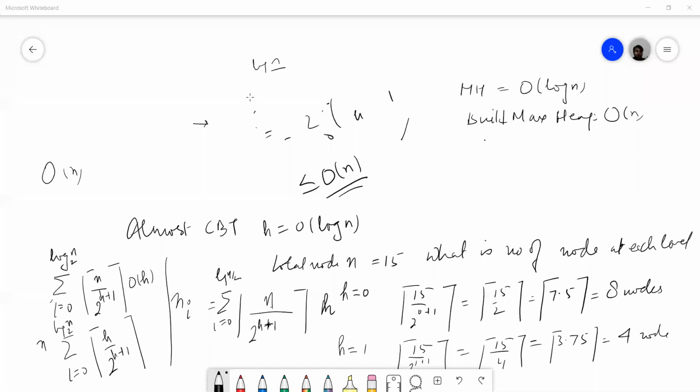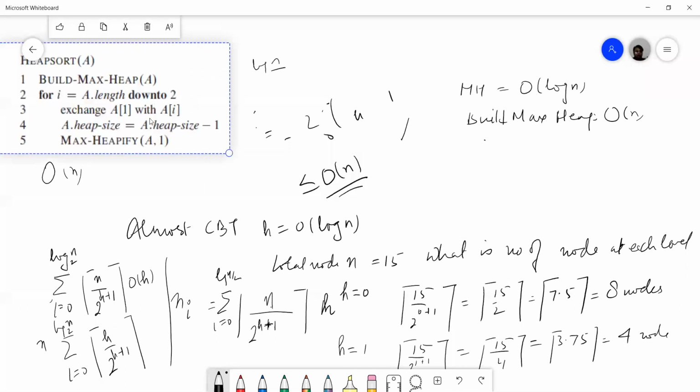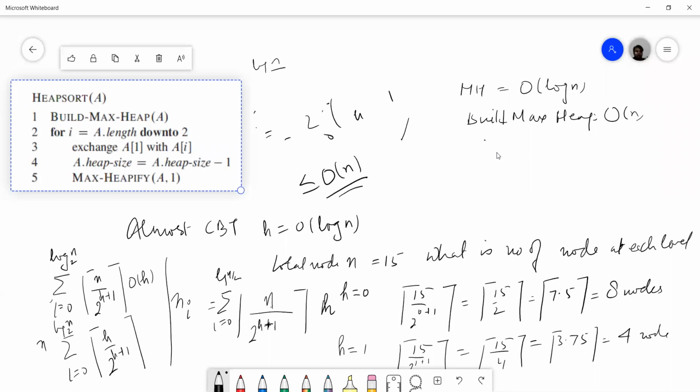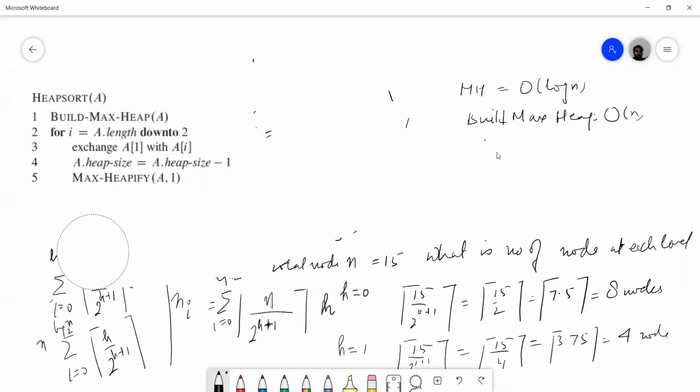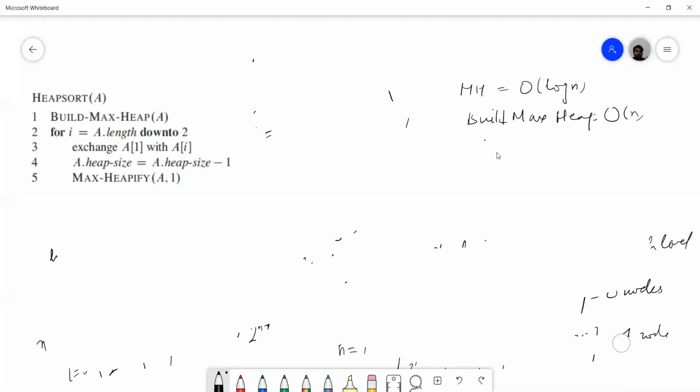Let's see the heap sort. We are running build max heap with complexity order of n.